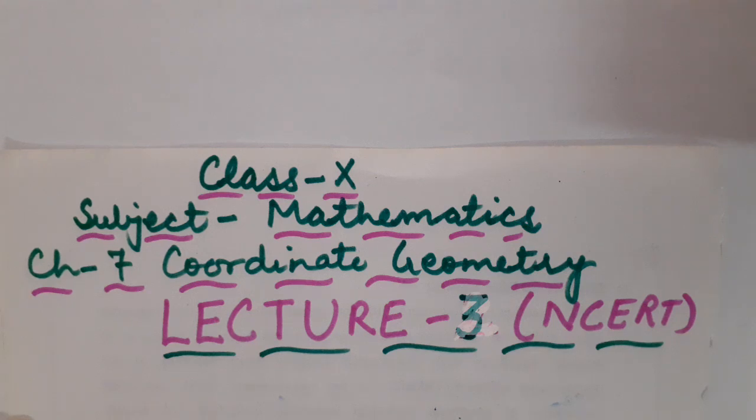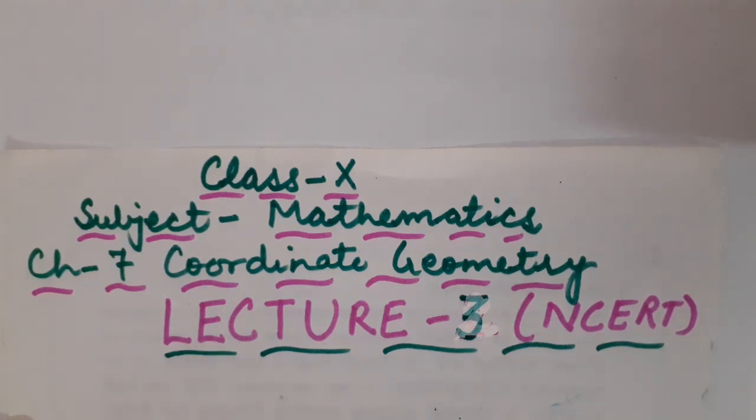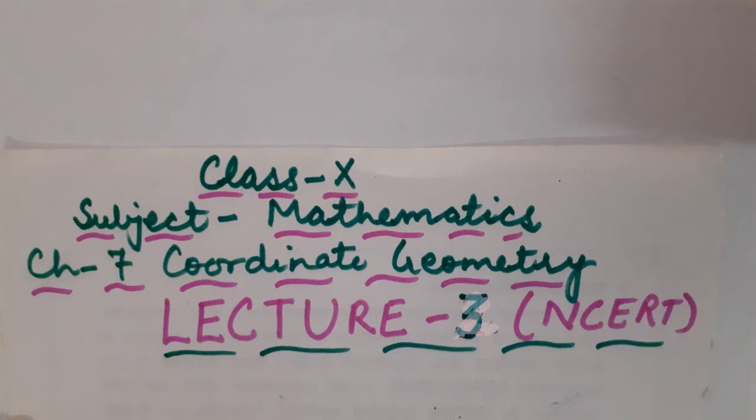Now the question arises, what do you mean by section? What we used to do through the section formula is, you will have 2 points given, and you have to calculate the coordinates of that very point which is going to divide the line segment in two parts in the given ratio. Fine. So through the section formula, children, we are going to calculate the coordinates of the point of division. Understood? So today I am going to make you recall those two formulae first, and then further we will be proceeding.